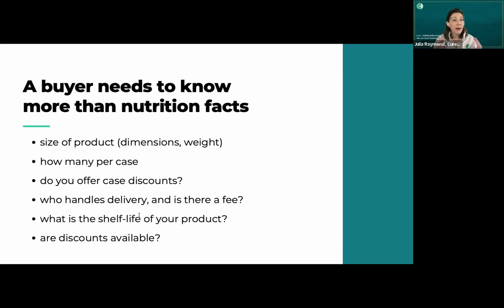Because I will tell you, a very quick and easy way to end or hurt a relationship with a buyer is by having hidden or surprise costs pop up on them, because that means that then they can't effectively price your product and or manage their P&L statements in terms of sales versus the cost of the product that they're bringing in. The shelf life of the product, for those of you with perishable goods,